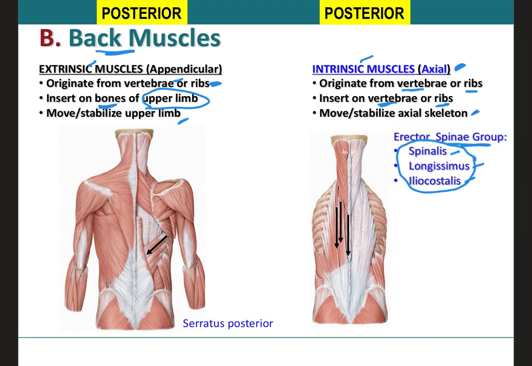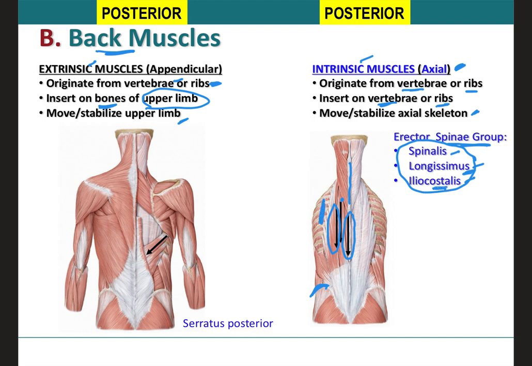If you look on the image, you're going to have the spinalis, which is going to be this one right over here, and it's closer to the spine, therefore it's called the spinalis. The one in the middle is what we call the longissimus. And why is it called longissimus? Because it's the longest of them all. And the one that's more lateral is what we call the iliocostalis. Ilio for ilium, therefore it will originate over here on the ilium, and costalis because it's close to the ribs